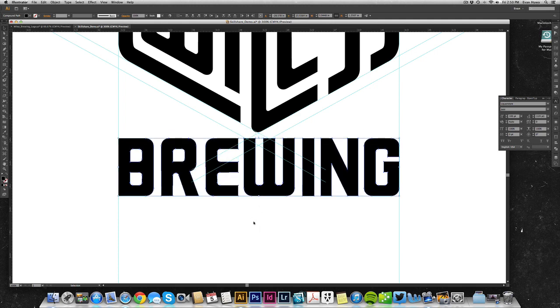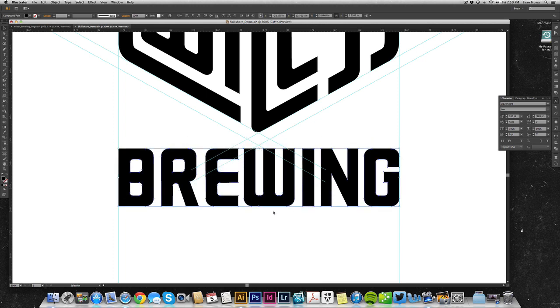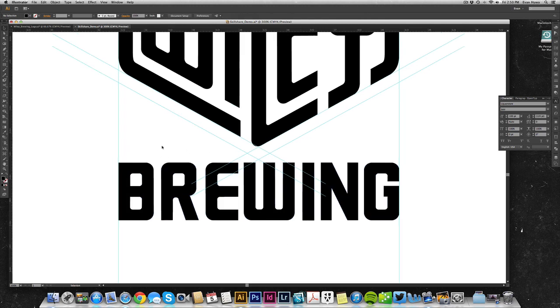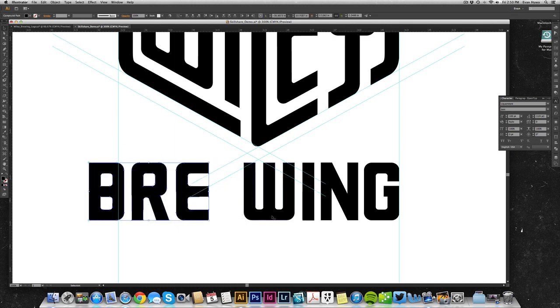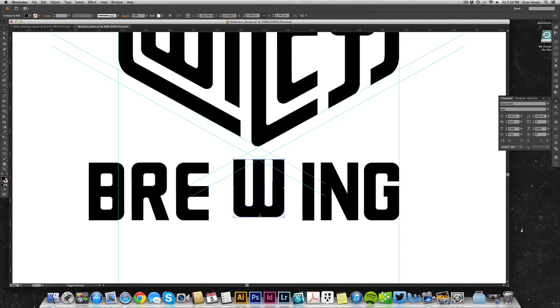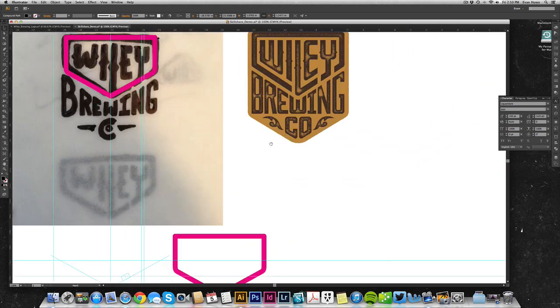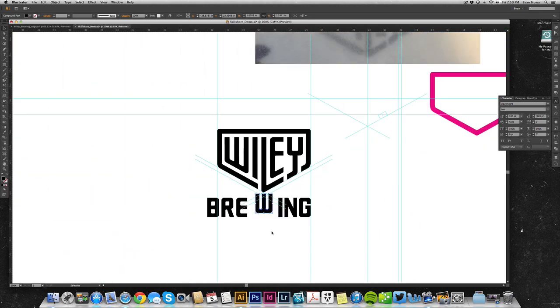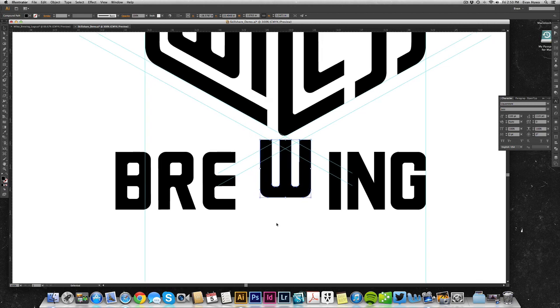So it's looking good. From the final logo, we realized that the W is the exact center of the logo, and it is not here. You'll see the spacing is kind of off here anyways, but one thing I'm going to do is just click and drag these letters out a little bit for now. We're going to get this W in place. And you can see that it is the shortest of all the letters. Everything else is taller. So I'm just going to move it up so that it's similar. And again, this isn't going to be exactly the same as that since I'm going through this again. But get it similar, and